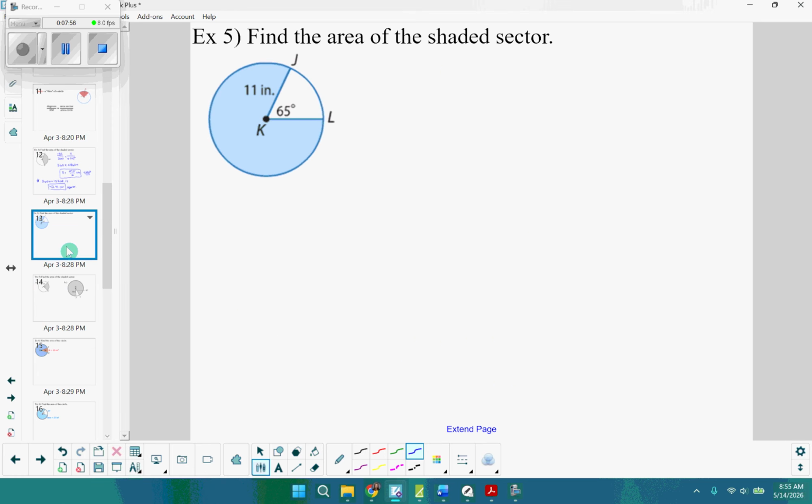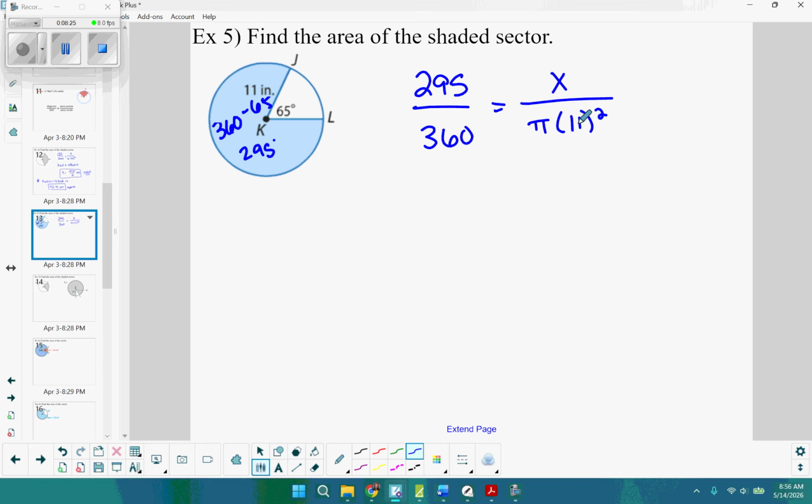Example 5, same idea, shaded sector. Notice the unshaded part is 65. So the rest of it would be 360 minus 65, or 295. So for my degrees over 360, that's going to be 295 over 360. Equals, we don't know the area, so that's my variable, over the area of the circle, pi r squared, pi times 11 squared. I'm no longer going to worry about exact answers, so we're just going to get our decimals here. So cross multiplying, I have 360x equals,